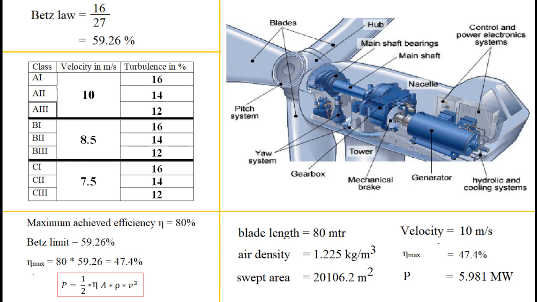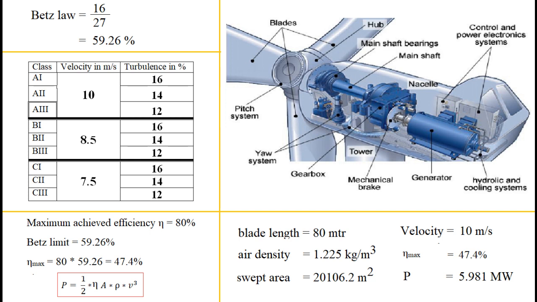The wind power generation that we considered in the previous lecture did not consider the efficiency of the wind turbine, which we are going to consider in this lecture. The efficiency at which a wind turbine works has a theoretical limit set by Betz's law. This law states that only 16/27, that is 59.26%, of the energy available in wind could be extracted and be available at the shaft of the rotor in the form of mechanical energy.